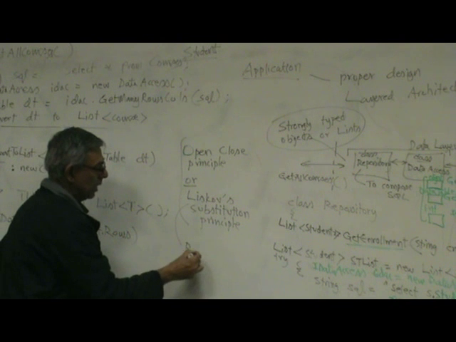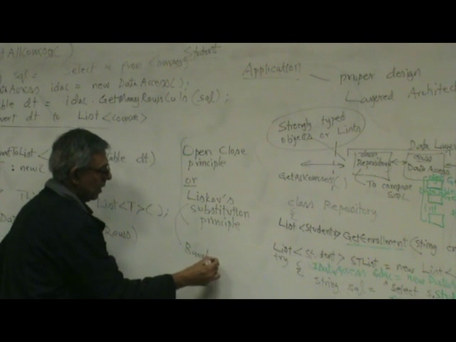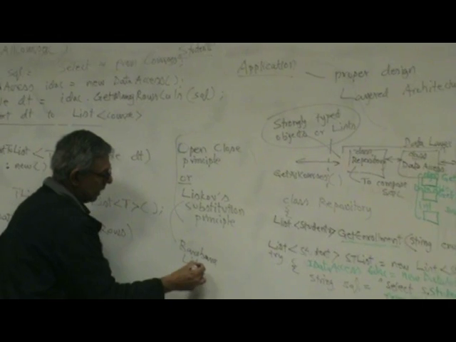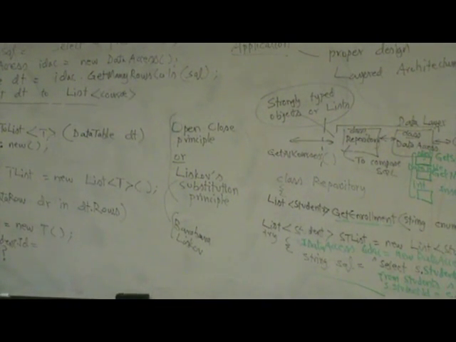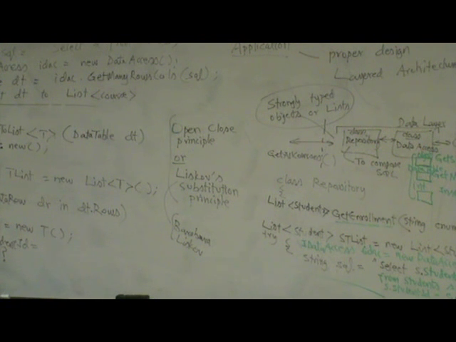Her name is Barbara Liskov. Anyway, she wrote a complicated research paper with a lot of theorems and proofs. If you read it, you'll be totally confused. So I'll explain it in very, very simple terms. In very, very simple terms, both open-close principle and Liskov's substitution principle basically mean